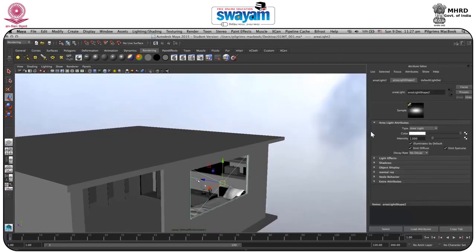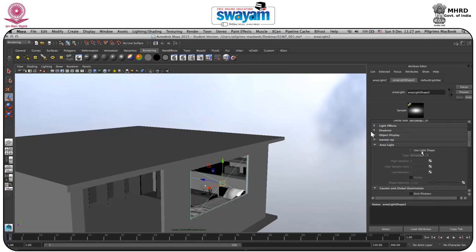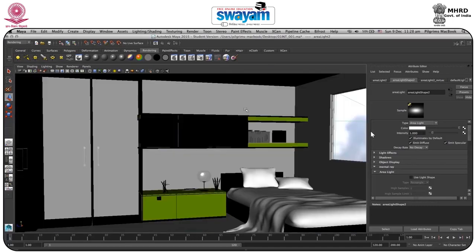I will go to the attribute editor by selecting it, and we'll go to area light shape 2. Here you have the area light panel, so you can change the light type from here. We will not change the light type. You can increase the intensity from here, and you have all the features in this section. And so you have mental ray, so you can go to use light shape. If I go here and just make a render,